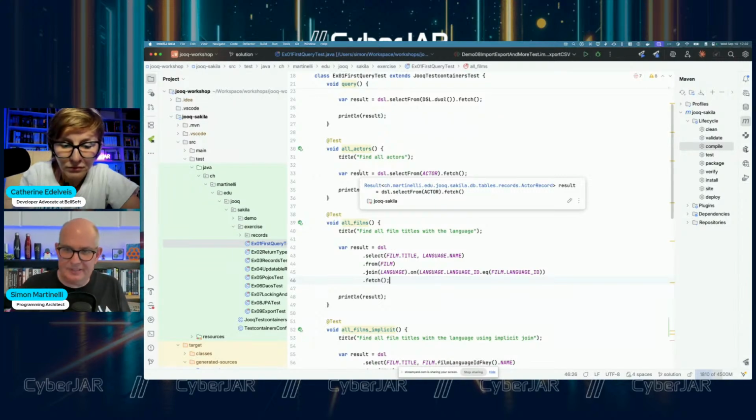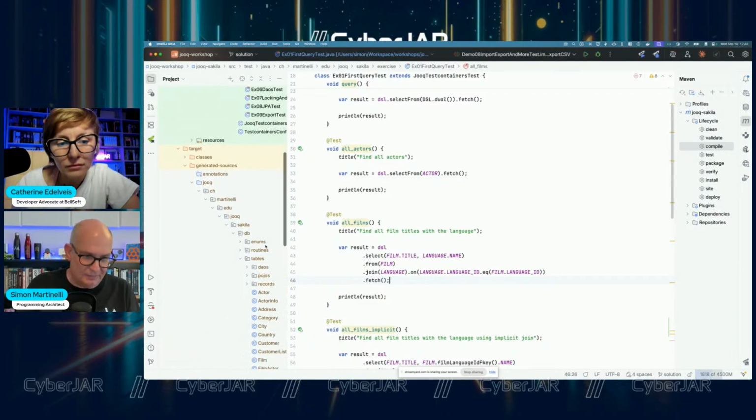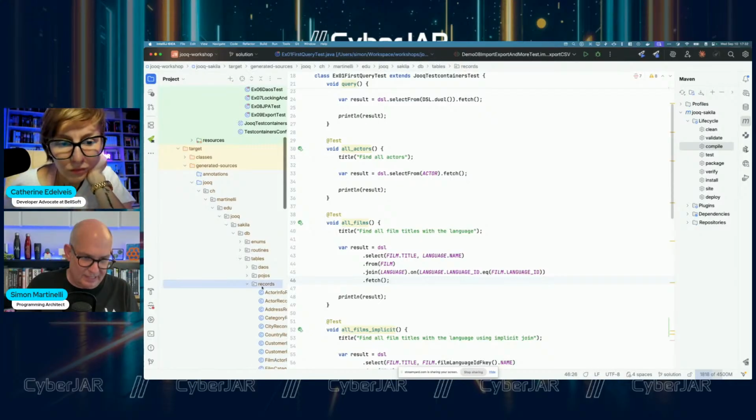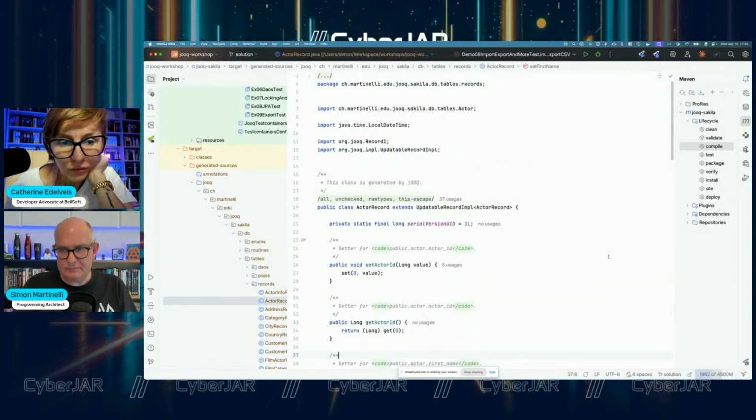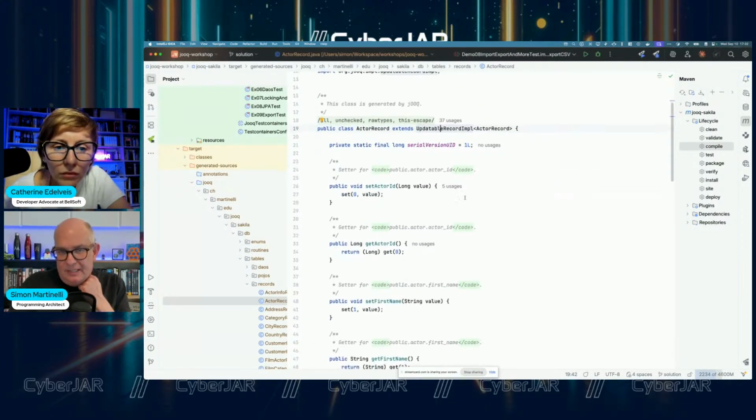So a generated record is a one-to-one representation of a data set record in your database. For example, the actor record is a class that extends UpdatableRecordImpl and has the fields of the database table.